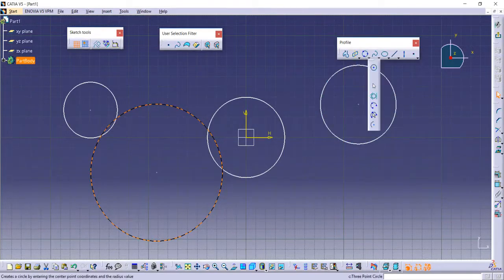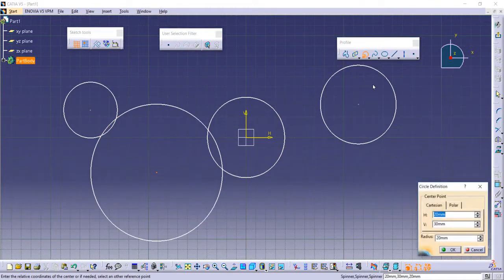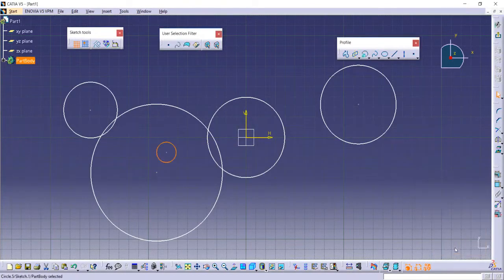The next option is circle using coordinates. We want to draw a circle at some coordinate from this center. This center is selected. Now give some coordinates here. Give 10 mm in horizontal direction, 20 mm in vertical direction. Give a 10 mm radius and OK. So here is our circle at 20 mm in vertical direction and 10 mm in horizontal direction of radius 10